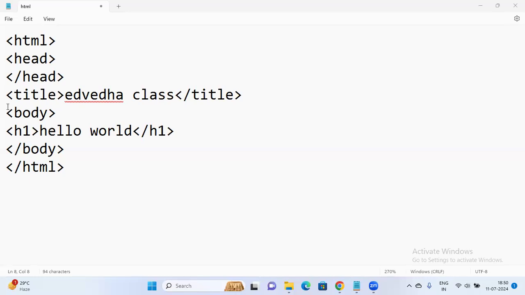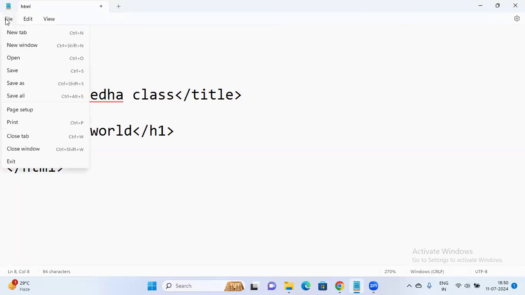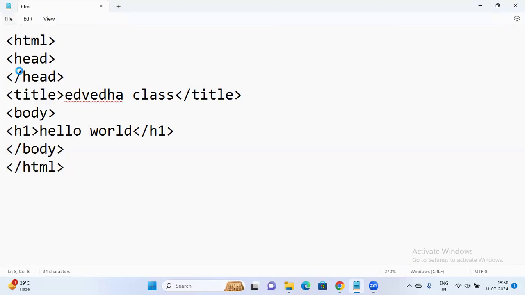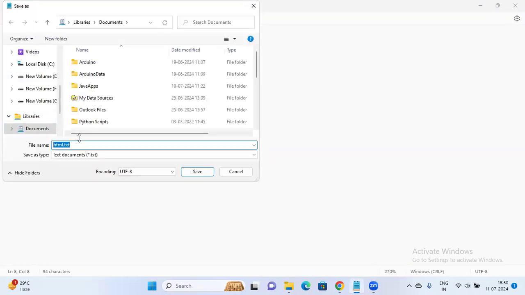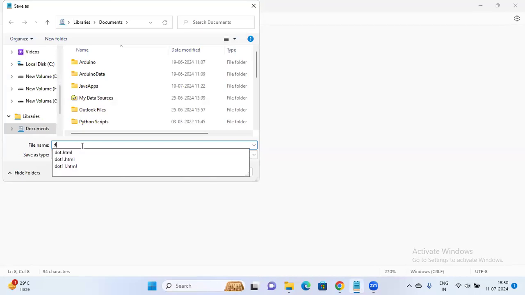Now, okay, writing the program is done. Basically we are doing web pages, right? So we have to run our program in the web pages also. So firstly, we need to save the program. So here, files and click on save. Okay, files, click on save and write demo, whatever file name you want to give. I'm just giving